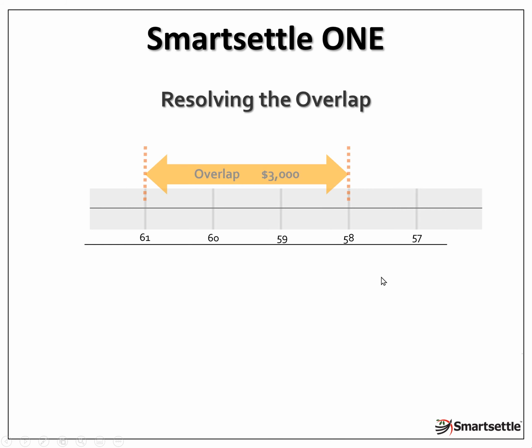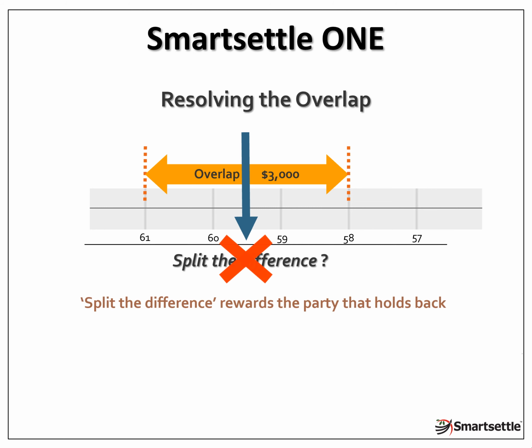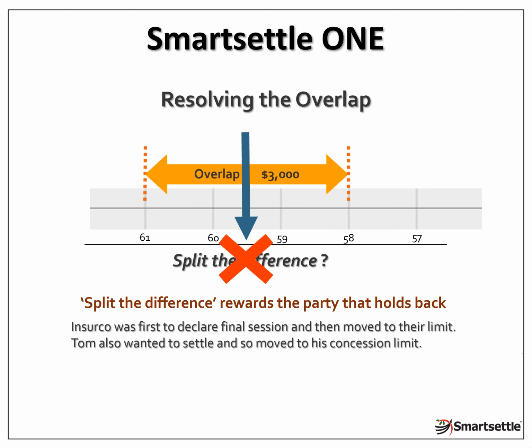This is how it operates. Now you may say, how was that overlap resolved? Maybe the way to do it is to split it down the middle. But that would reward, if you think about it, the party that holds back and doesn't really make as much effort as the other party in trying to settle this. The algorithm rewards an early offer,